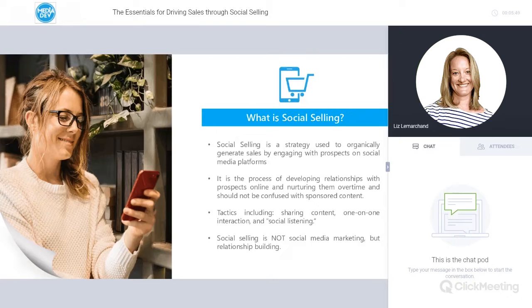So social selling is a highly targeted outreach method designed to construct a nurture engine to get content in front of your target audience and to initiate a dialogue online. So again, it uses social networking platforms as a basis for starting that conversation and creating a relationship with individual members of your target audience.